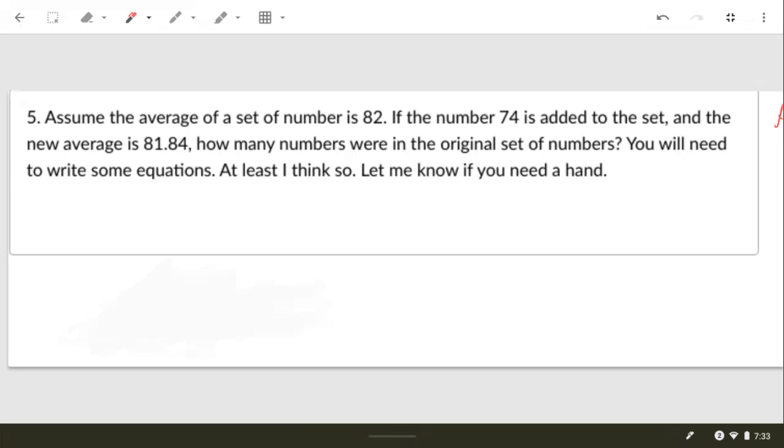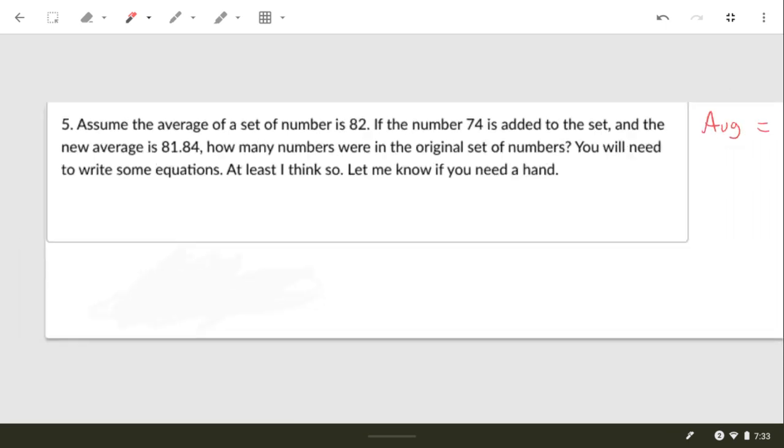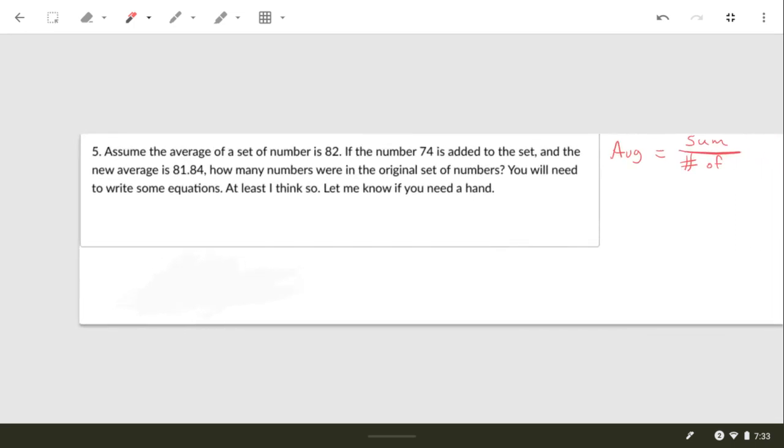Okay, so the average of a set of numbers is equal to 82. That part right there. So the way you find the average of a set of numbers is you take what they add up to and then divide that by how many numbers there are. All right, so the original average is 82, and that's equal to whatever they added up to divided by